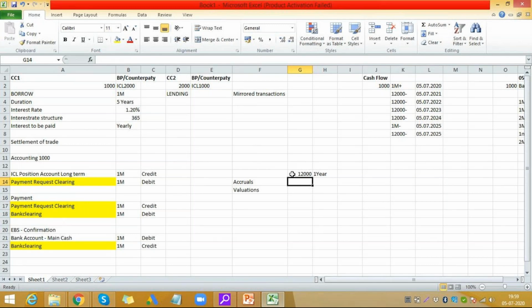Two ways of doing the accruals. We'll walk through the two processes, or basically SAP standard practice suggests to use reversal and reset. We'll definitely walk through that and just guide you on the other one, what you have to do if not. And valuation is to calculate, if this is in foreign currency, not the company code currency, say the loan is in USD but your currency is INR, then the valuation has to be done, which will give your foreign currency exchange gain, loss, unrealized and realized. That will be done here.